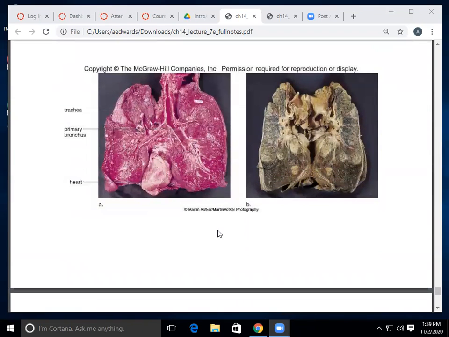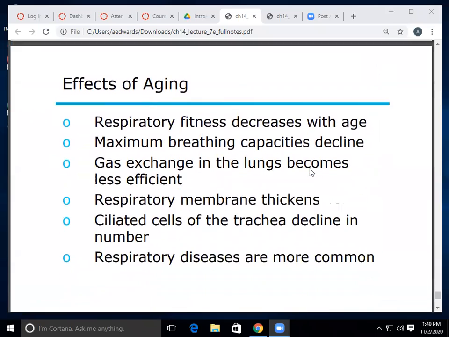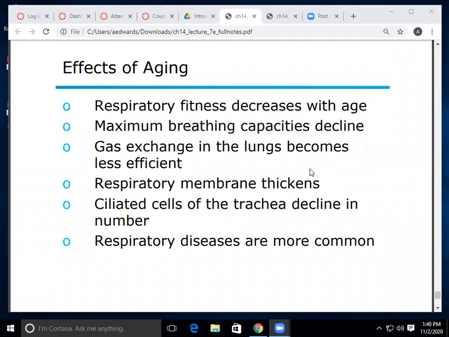All right, so this shows you lung cancer, a cancered lung. So this is what the lung's supposed to look like, and this is what it can look like after getting a lot of tar and cancerous tissue. All right, we'll finish up real quick here. I know we're at time.